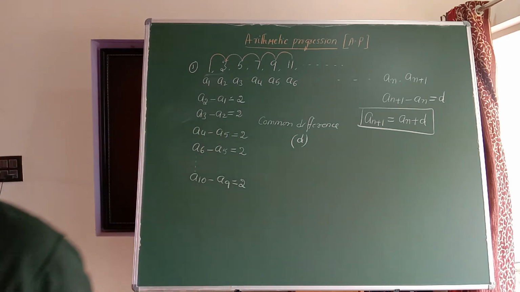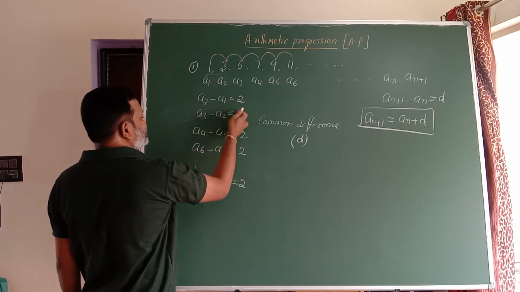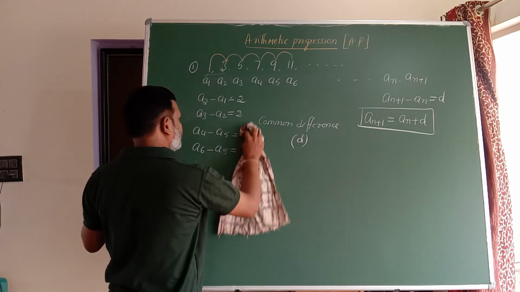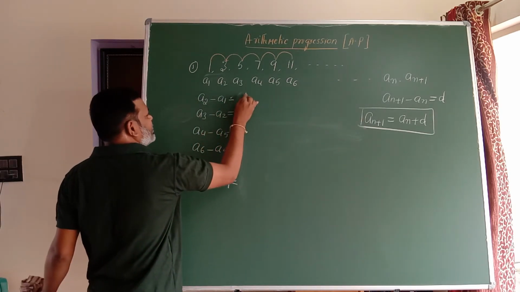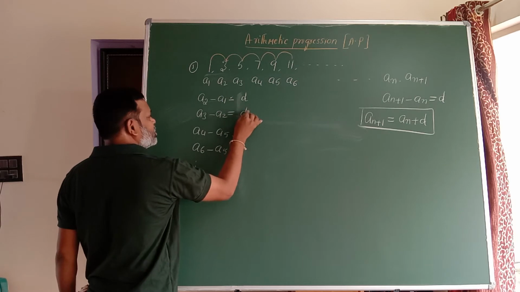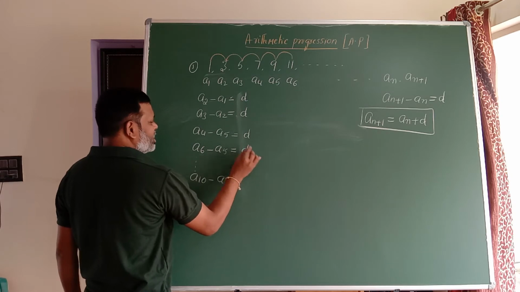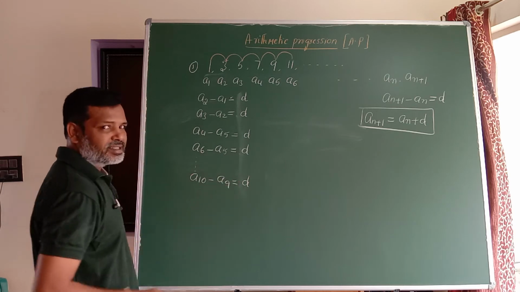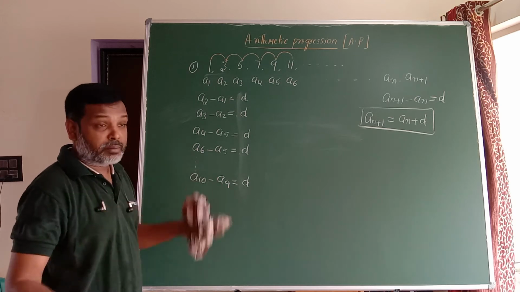Now just have a look at this. Just observe, dear student, very importantly. Can I take 2 as D? D is nothing but the common difference here. This 2 is called the common difference. A2 minus A1 is equal to D. A3 minus A2 is also D. A4 minus A3 is also D. A6 minus A5 is also D. A10 minus A9 is also equal to D. Later we'll discuss the definition. First we should understand the background of this particular arithmetic progression.